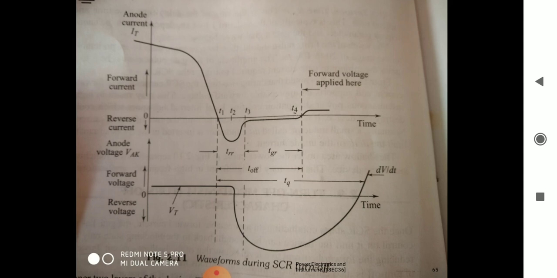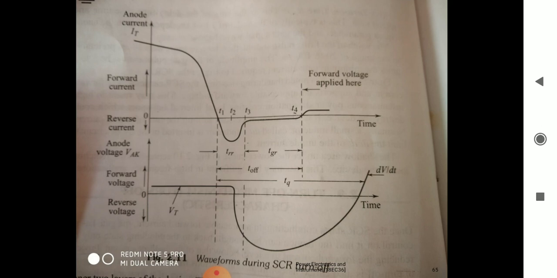To turn off the SCR, the current must be reduced to a level below the holding current of SCR. So what we are studying here is that in order to make an SCR go to off state, we must reduce the anode current, that is the current which is flowing through all three junctions J1, J2, J3. That current must be reduced to below the holding current. There are two important currents, the latching current and the holding current. The latching current is the current that will flow normally in the SCR when it is in on state. The holding current is the minimum current; if we reduce the current below it, then SCR will turn off.